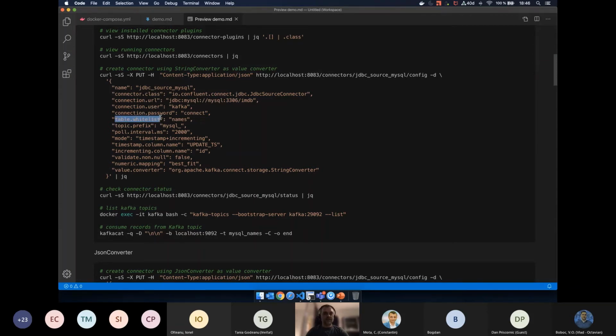With this parameter, we are specifying which tables we want to pull from our database. On the Kafka side, topics can be created using a topic prefix, so our new topic will be created as mysql_names.